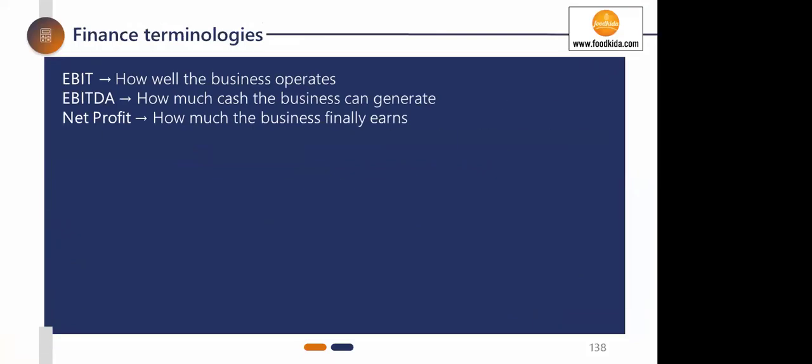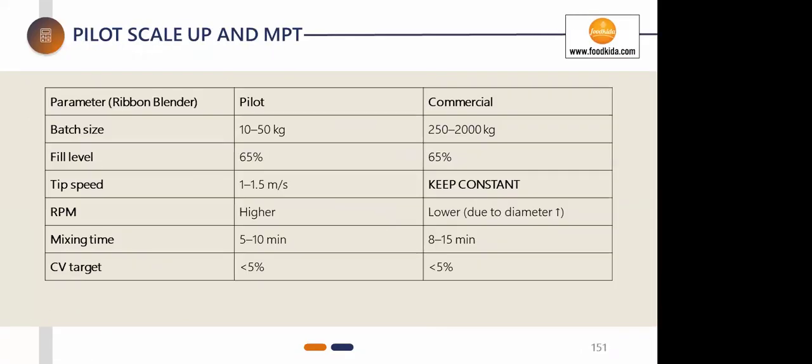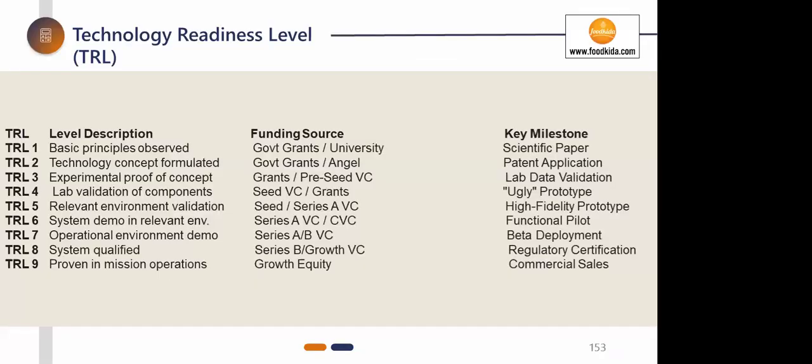Because technology readiness level also has its own different documentation. So that is not a part of this course. I'm not going to touch that. This is just for your reference. Technology readiness level has its own document set, which you need to produce and submit to the incubation center to get that particular grant. So I'm not touching on those things right now because that is another